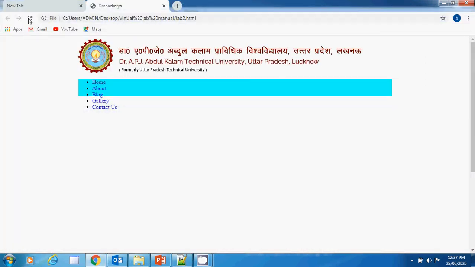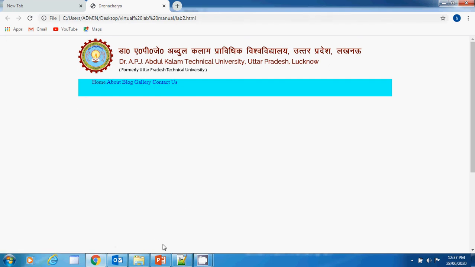I refresh it. Look, this is coming in a perfect way, that is what we want, right? Now we need to increase the font size and spacing between these anchor tags.